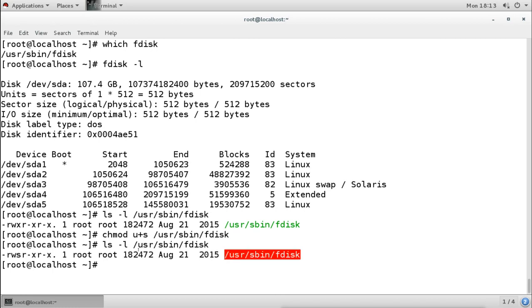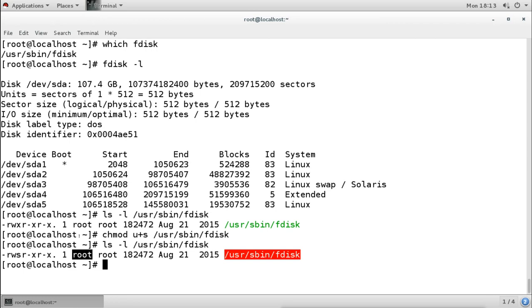Now we see the SUID is set here, and it is showing the s here. Also remember, it will show a capital S if you don't have the execute permission. So if the user owner does not have the execute permission, then you will see the capital S. A small s means there is execute permission, just like the SGID and the sticky bit. Now on this executable binary, I have enabled the SUID. That means the owner user root's UID is set on this file.